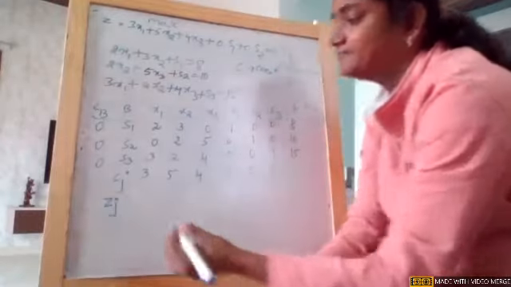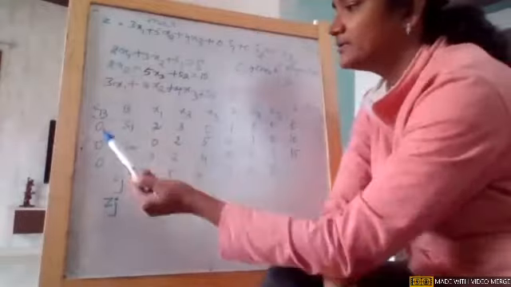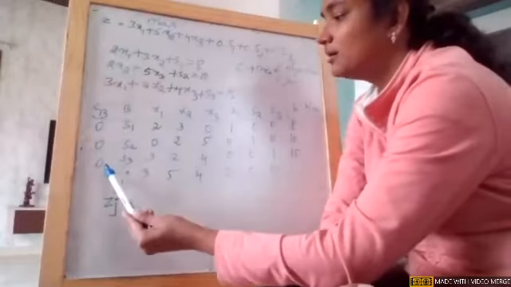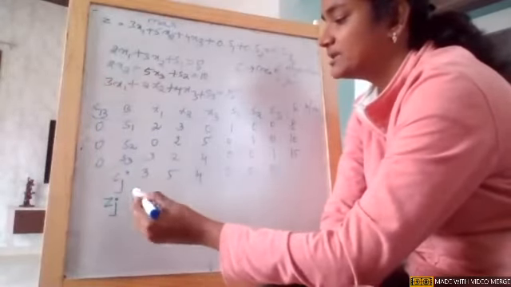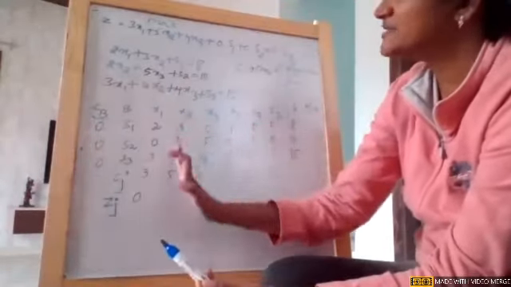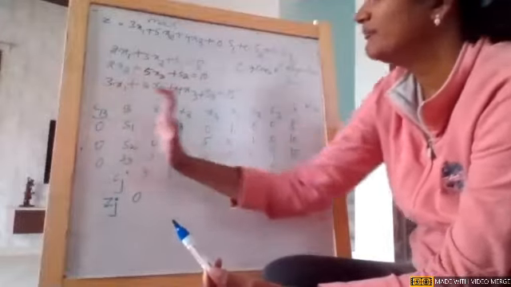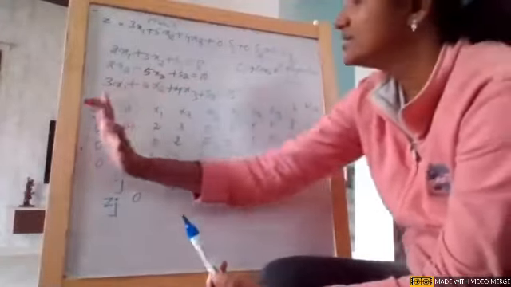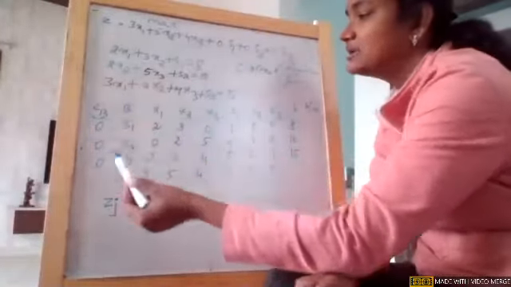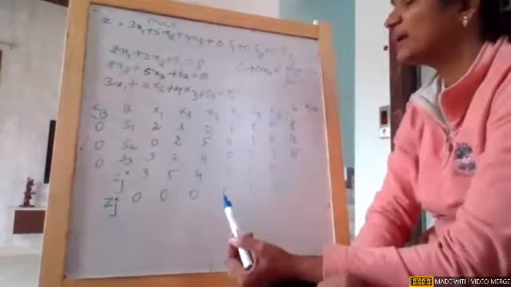Now one more thing, Zj. Listen carefully, Zj is nothing but 0 into 2 plus 0 into 0 plus 0 into 3. So it is 0. Simple, girls, multiply the coefficients with the respective variables. Now I multiplied Cb with x1, then Cb with x2, Cb with x3, Cb with s1, Cb with s2, and so on. As all the coefficients are zeros, there won't be any change. Zj will be all zeros. Did you get my point?